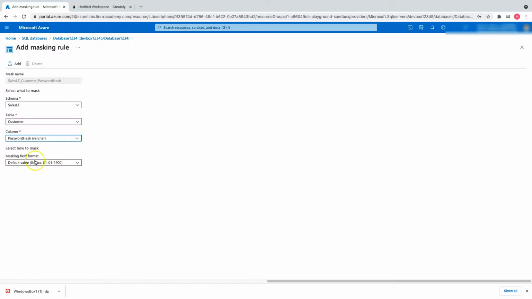And here what we have is the masking field format. Either you can use the default one, or you can use your custom strings like padding and stuff like that. So if you just click XX and then click on add, it will do the custom mapping. So we're not going to do the custom masking, so let's just jump back to the